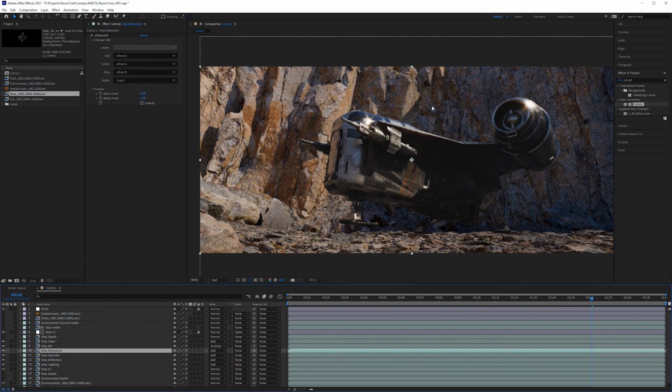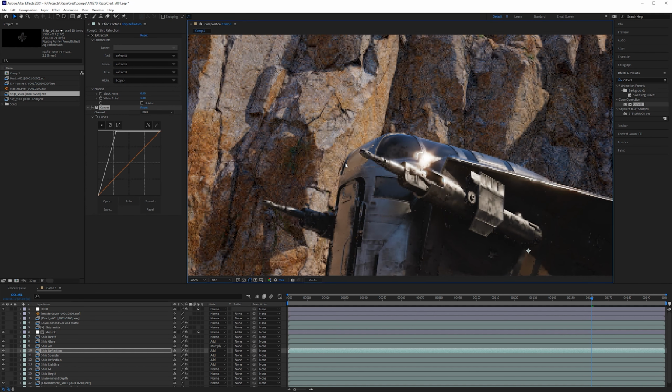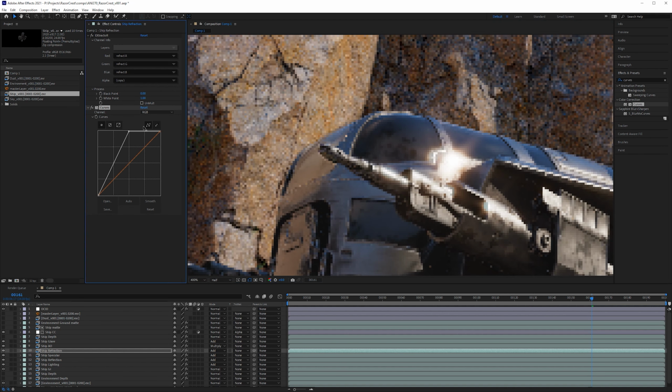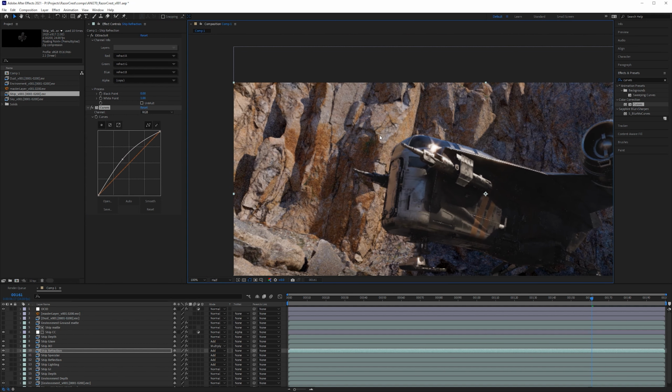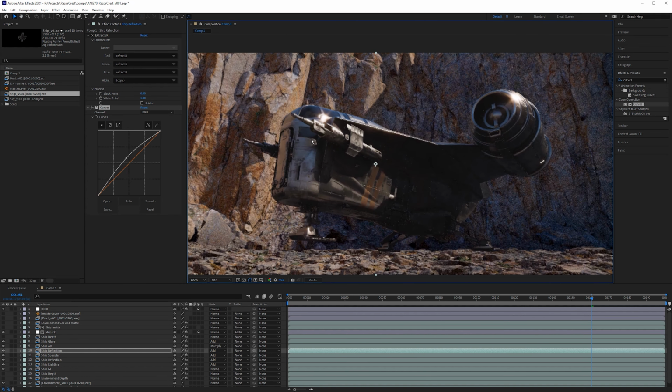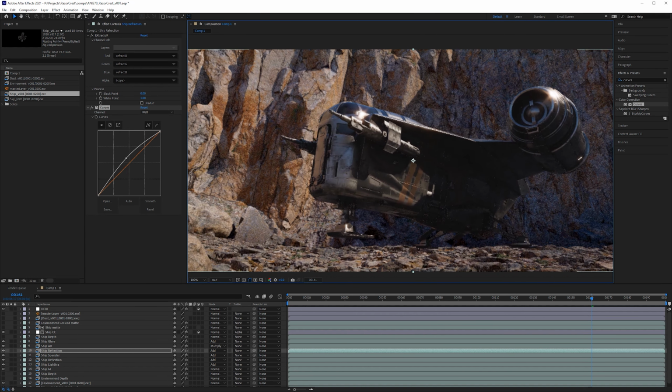All right, so for the refraction, this is something we talked about last time in one of the previous lectures. You could brighten up the glass if you wanted the glass to look a little bit more reflective there. You can do something like that. You have that control if you want to. So if you want to see more through the ship, as if the glass was perhaps thinner, you have the control to do that. Personally, I'm pretty happy with it, but if you wanted to add just a little bit more refraction, you could add a curve right there. If you wanted to do something like that. That's pretty subtle, but I don't know. Maybe you want to do something like that.